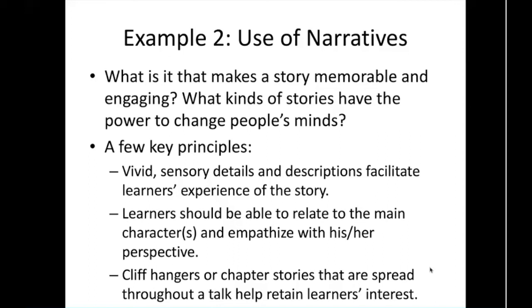So what did you see? What did you feel? What did you hear? And the richer and more nuanced a picture you can paint, the more likely you are to draw people into that experience. Now, learners hopefully can relate to the main character, even if it's a different